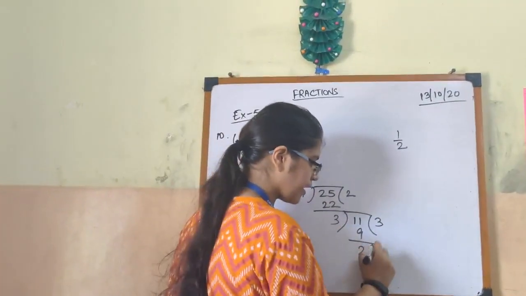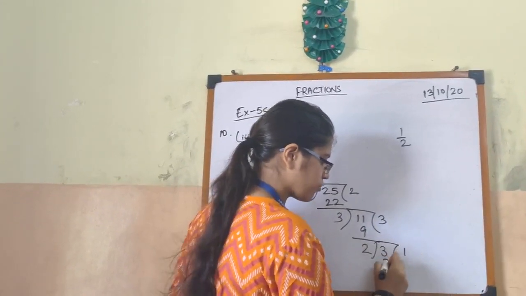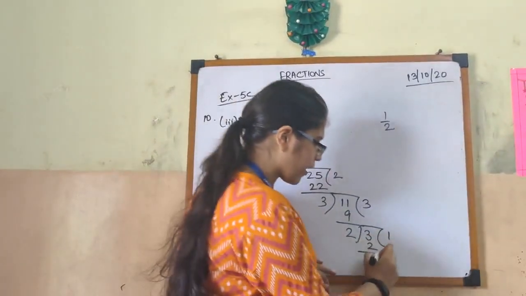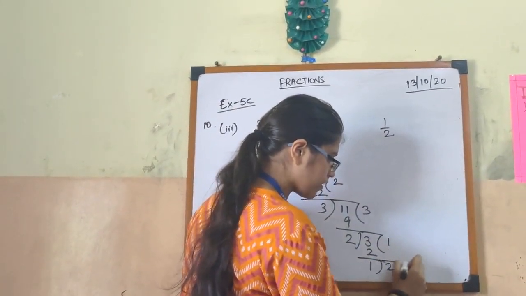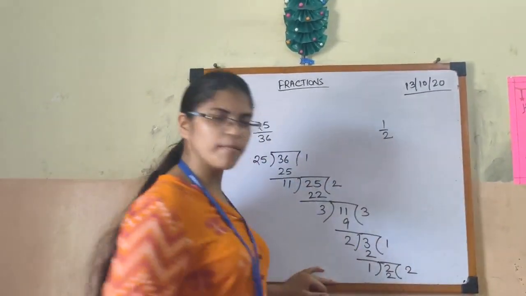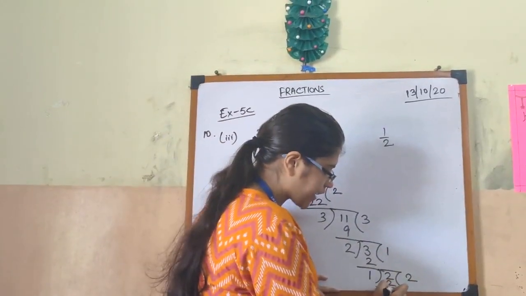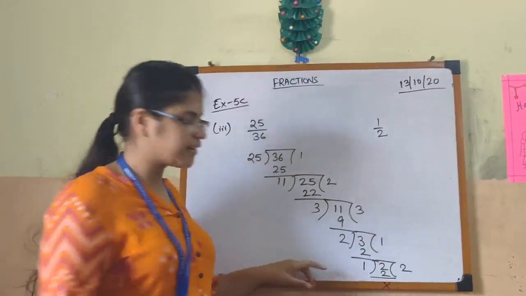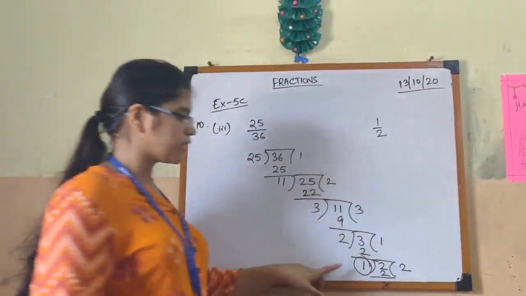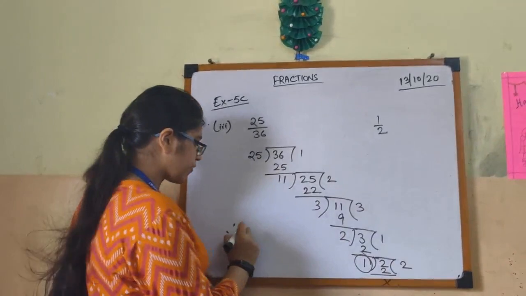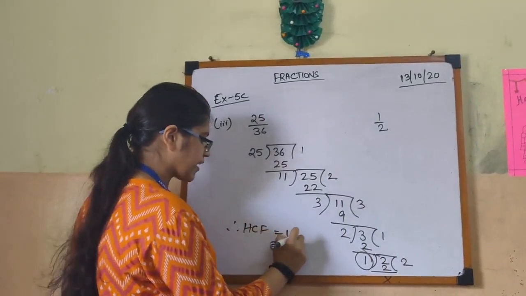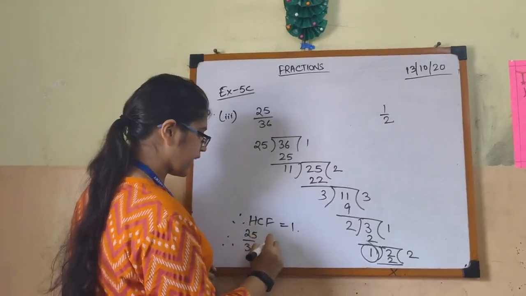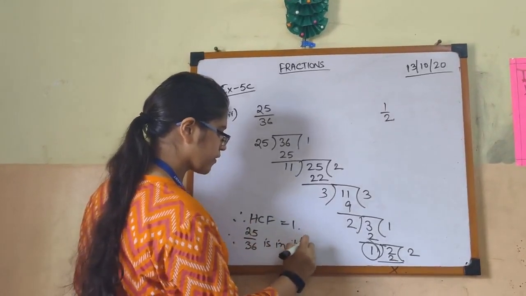Now we have 3 here. So 2 times 1 is 2. Then remainder is 1. Then we have to divide with 2. So 1 times 2 is 2. So no more remainder now. So our calculation ends here. In this case, this number becomes the HCF. So here HCF is how much? 1. So since HCF is 1, we can say that therefore 25 by 36 is in its lowest